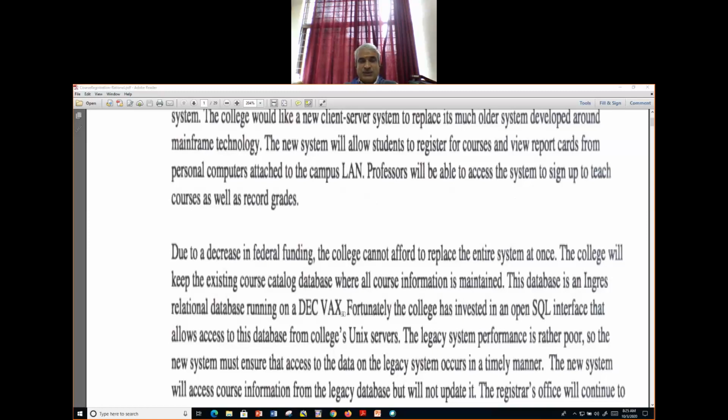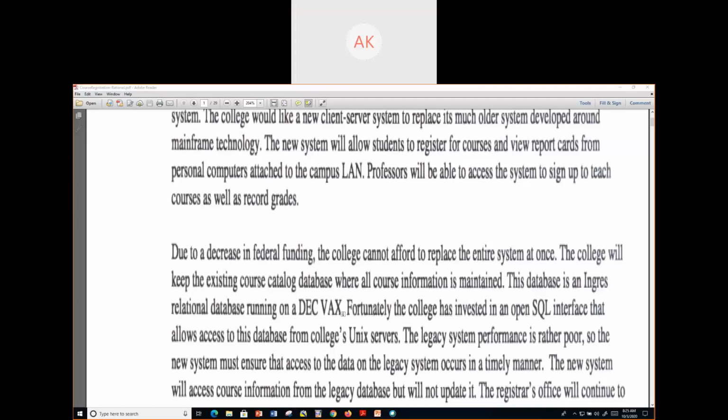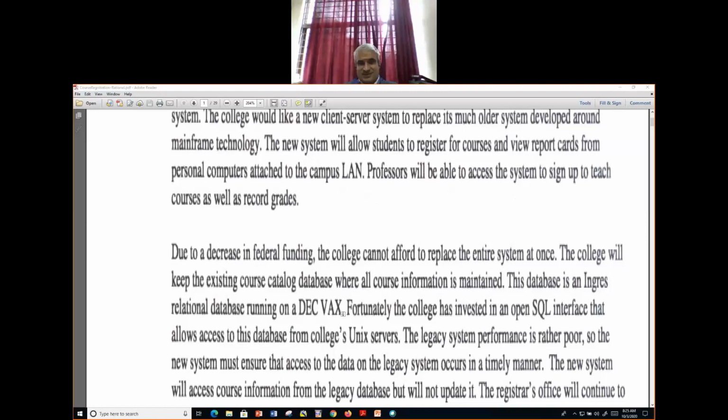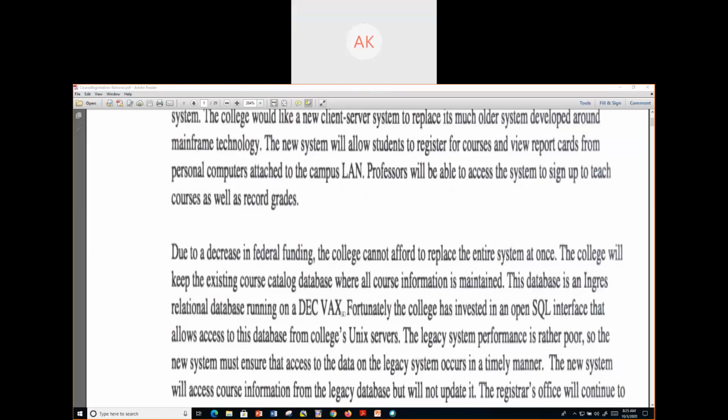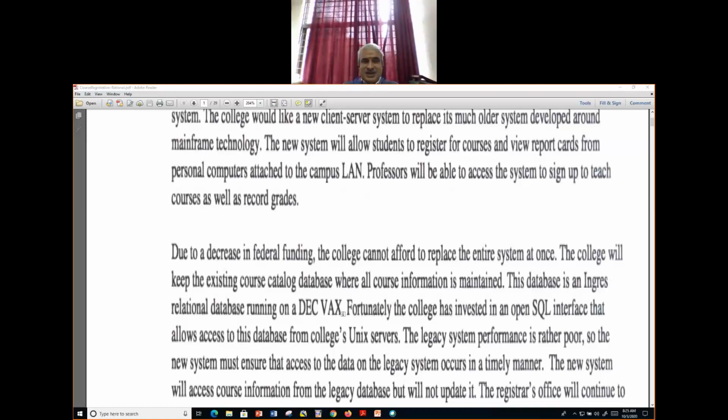Up to this, are there any actors, Ashish? Look at that: the college will keep the existing course catalog database where all course information is maintained. The course catalog, you are not developing it.